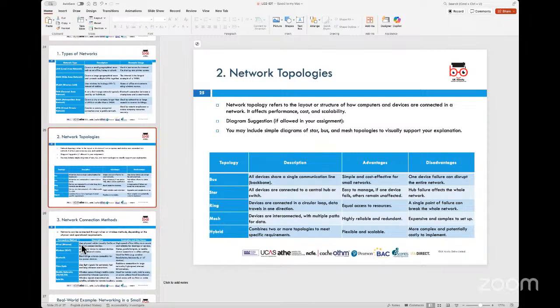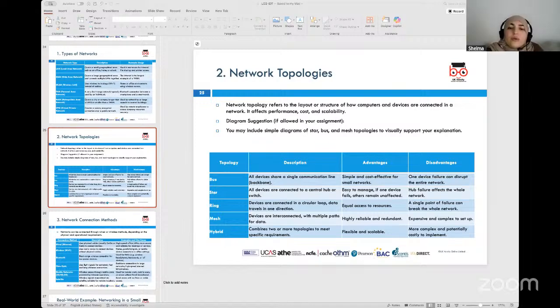Now, networks are created on what are called topologies. So, have you heard about the meaning called topology? I have heard about it, but I'm not quite sure what it is. Okay, so topology is basically